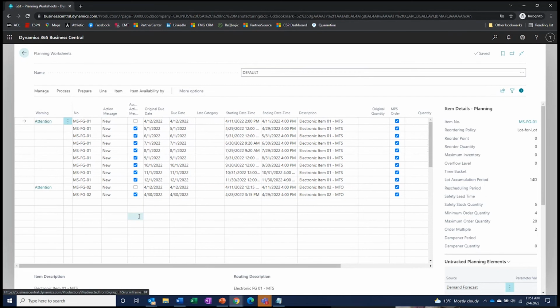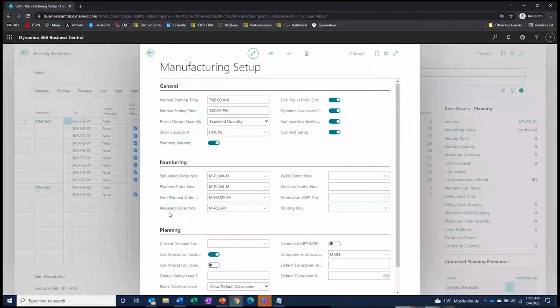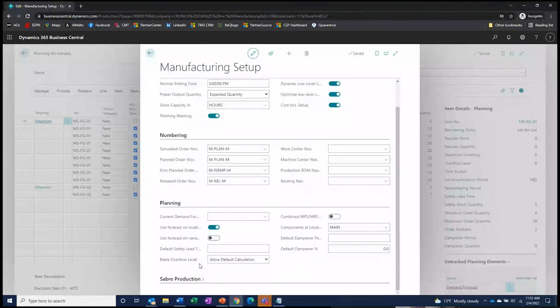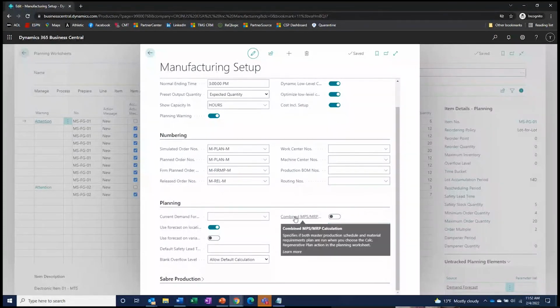Now, normally you probably wouldn't plan a whole year out. You don't want it suggesting orders that are, you know, almost a year out. So the global parameters are defined right here in my manufacturing setup. So I can define where I want my default location. This is global. I can define whether I want to run MPS and MRP at the same time or not. I've got it turned off right now. So these are the global parameters, but